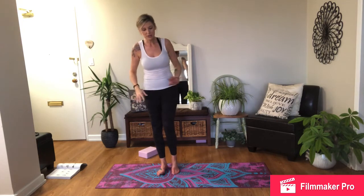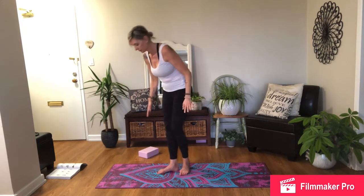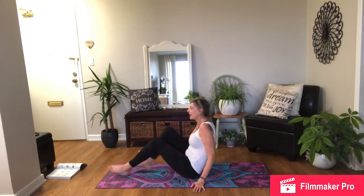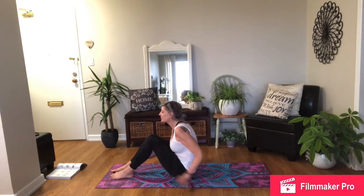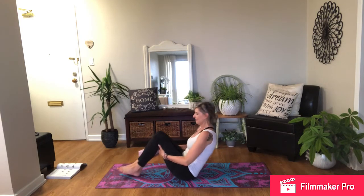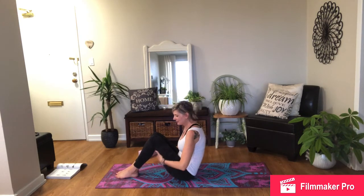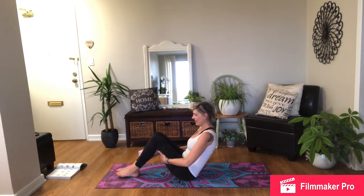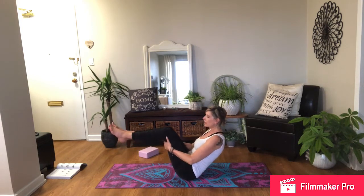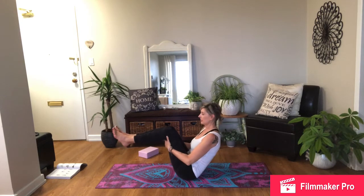Now we're gonna come and do a little bit of core work. Again, because I just love some core work. So we're gonna come back down to our mats. And we're gonna do my favorite boat pose. It kind of is and it kind of isn't, but. So, we're gonna reach behind our thighs, on our sit bones, bringing our shins parallel to the mat,